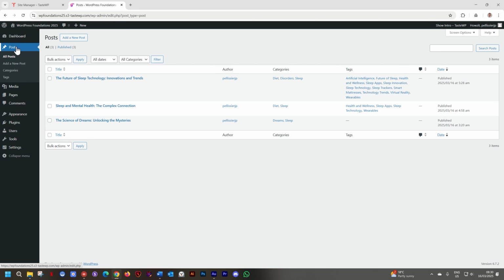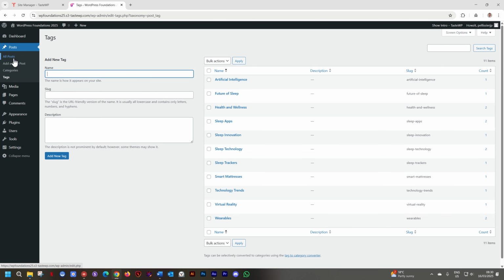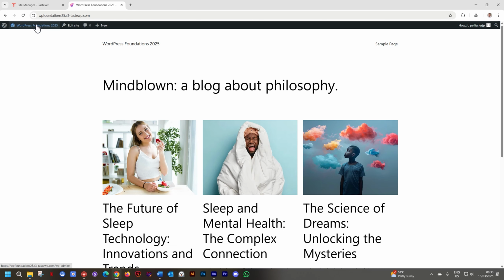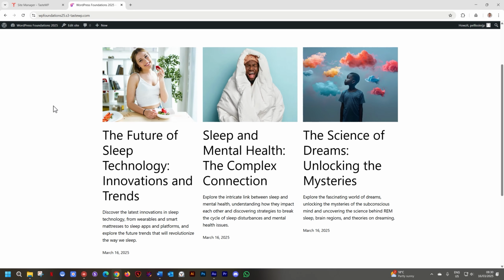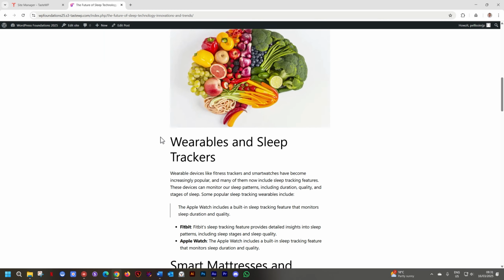We've created these posts, 3 posts. We've given them categories. We've given them tags. We've also added featured images and an excerpt. And when you click on the front end of this website, you're going to get your posts here. And then when you click on any of them, you go to a single post, a specific post, and you can read it.